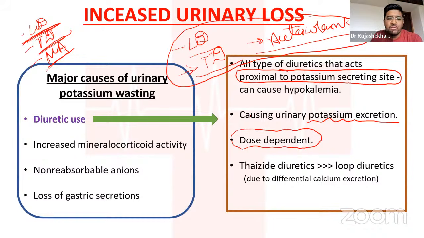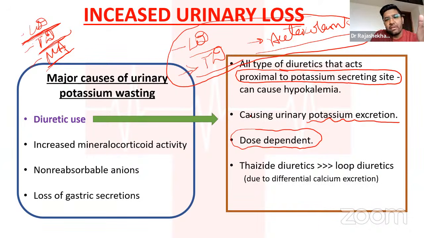That's why if you see the thiazide diuretics, nowadays the antihypertensive dose used for chlorthalidone and hydrochlorothiazide is very low. Like if we are using 6.25 mg, 12.5 mg, maximum 25 mg of these drugs, which are usually not associated with hypokalemia. The increase in dose is going to cause hypokalemia in your patient. So antihypertensive dose of these diuretics rarely causes hypokalemia in day-to-day life.